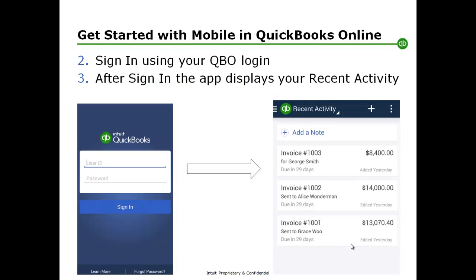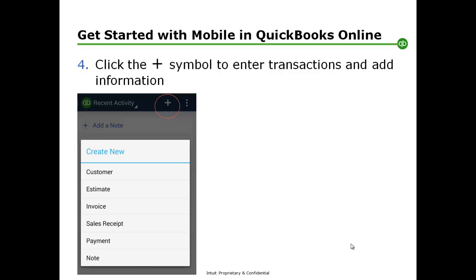First, you'll sign into the application as you see here, and QuickBooks will give you a list of recent activities. It's important to note that the online version on your phone or tablet will be slimmed down. It does not contain every single transaction activity you can do while sitting at your computer in your web browser. But it does contain important things that will let you do transactions and tasks that are important while you're with